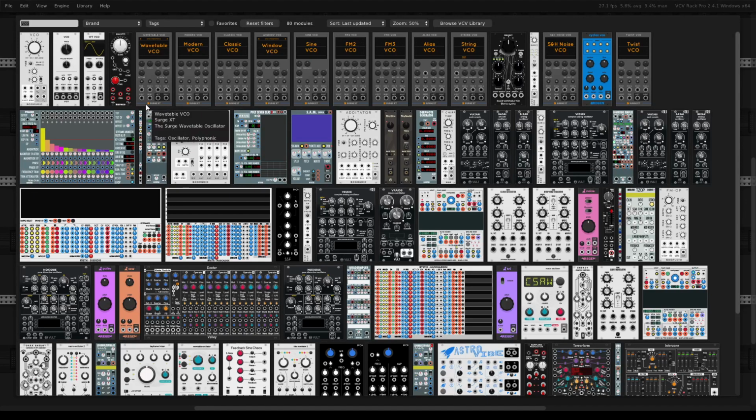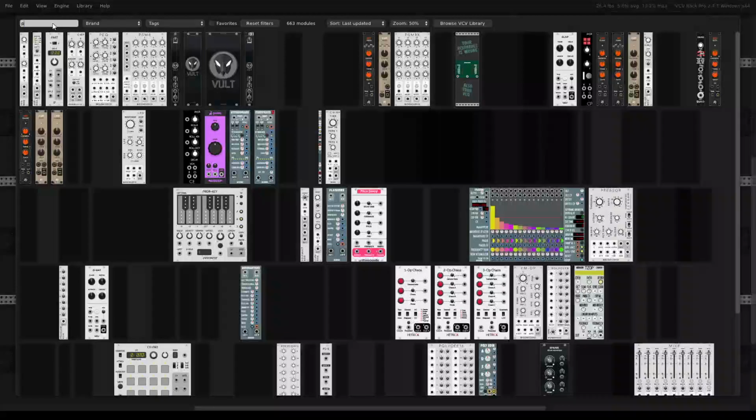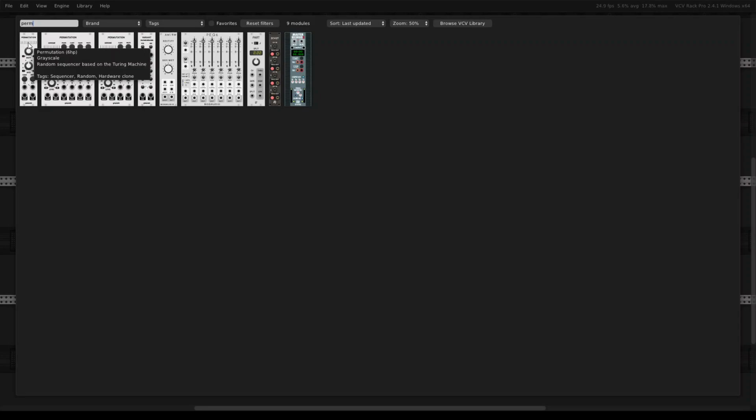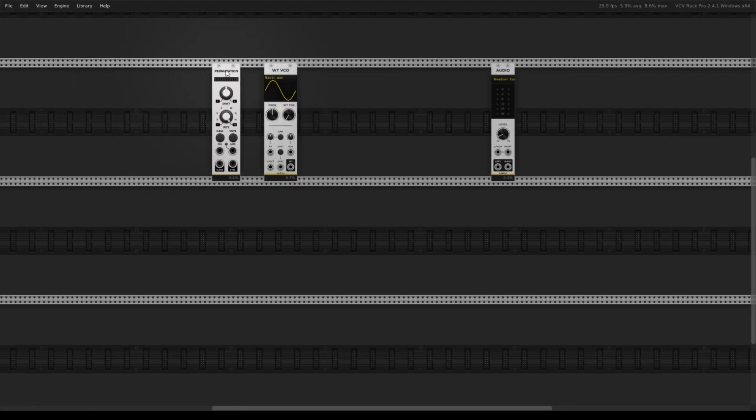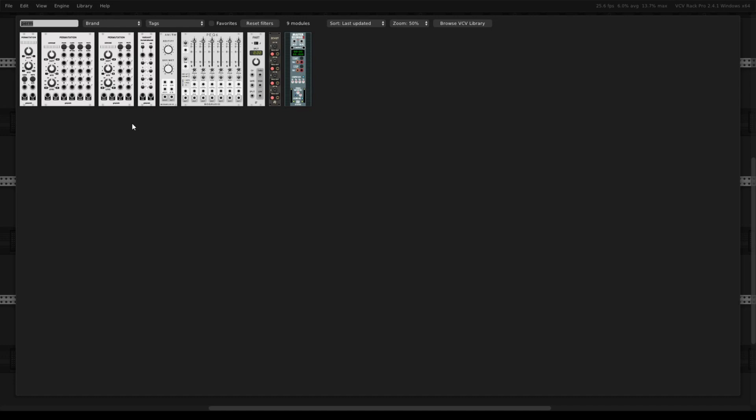So what we can do to make this a little bit more interesting now is to do some sequencing with it. For the purposes of today, I'm going to be using a module called permutation. And what it does is store slots of up to 16 values and then loop through them, and then output each step of the way the current value, but it also allows you to write new steps. So to show what that looks like,